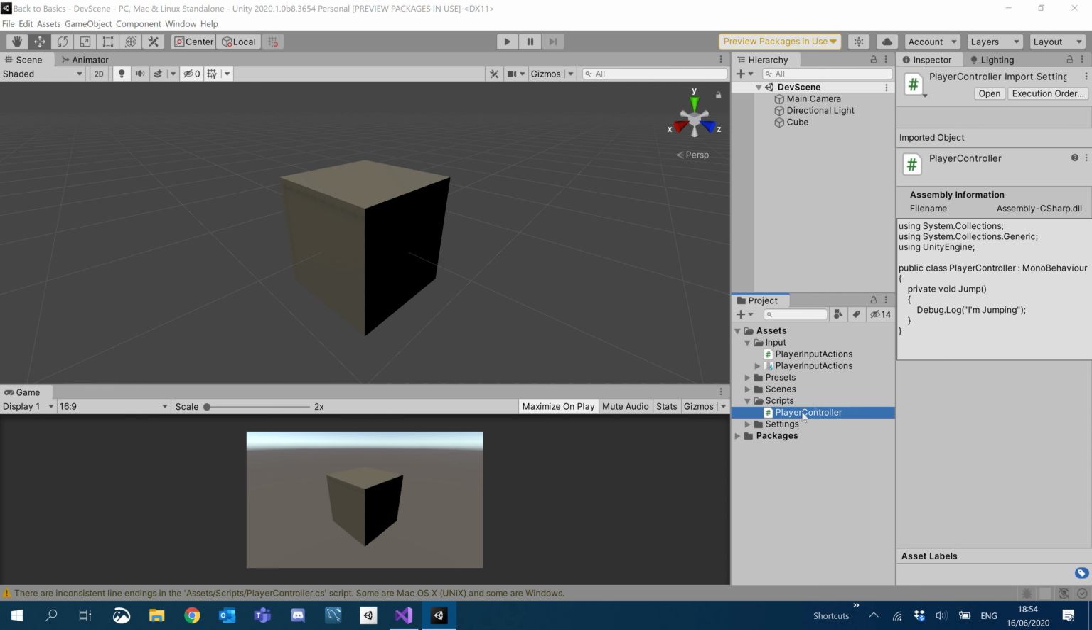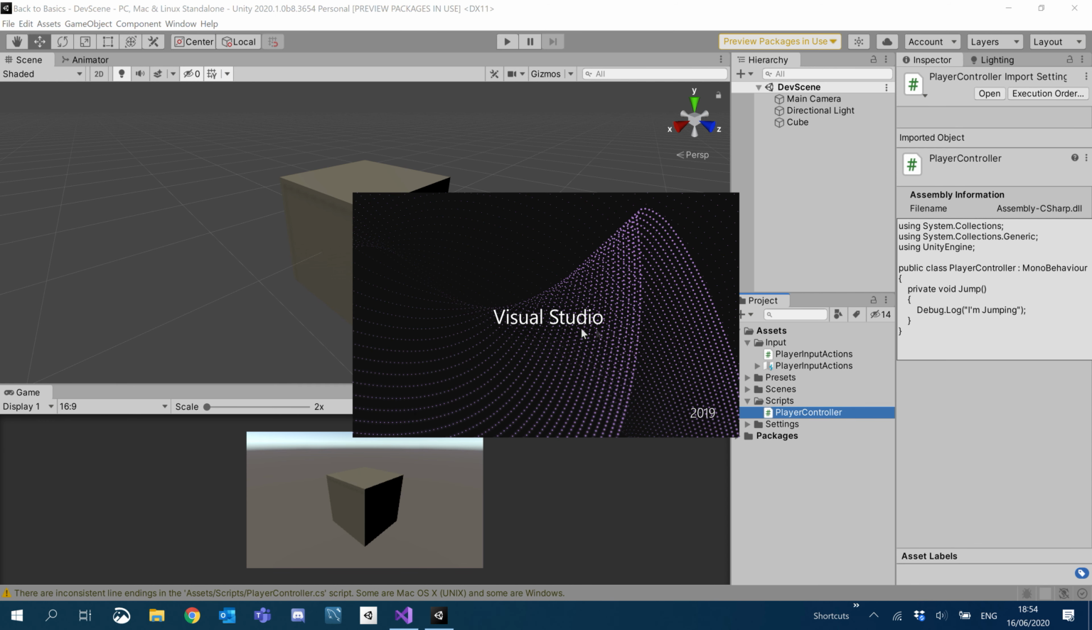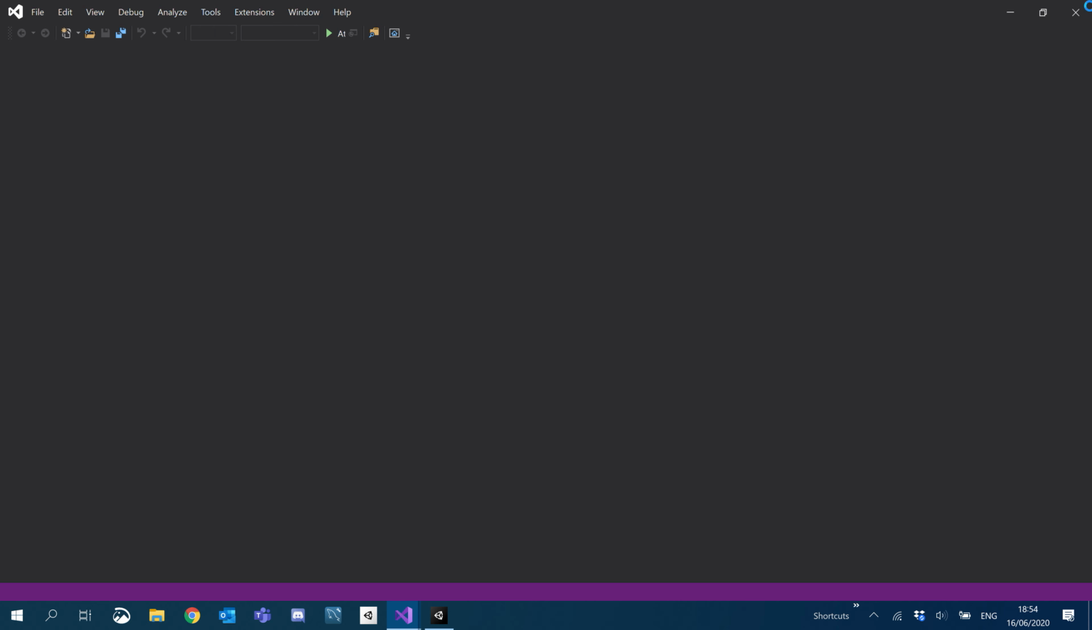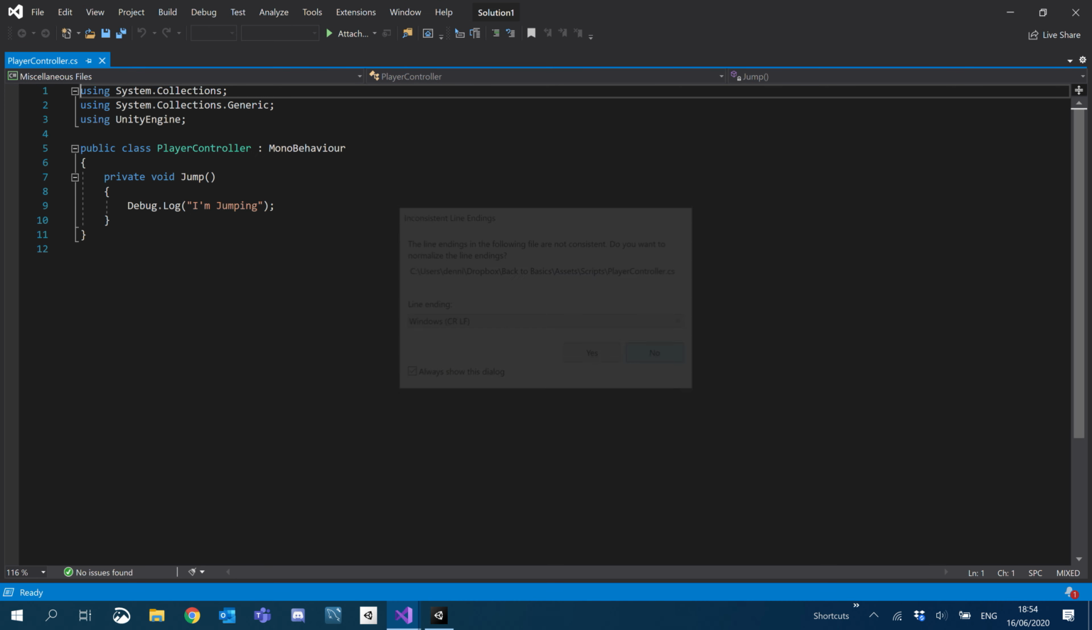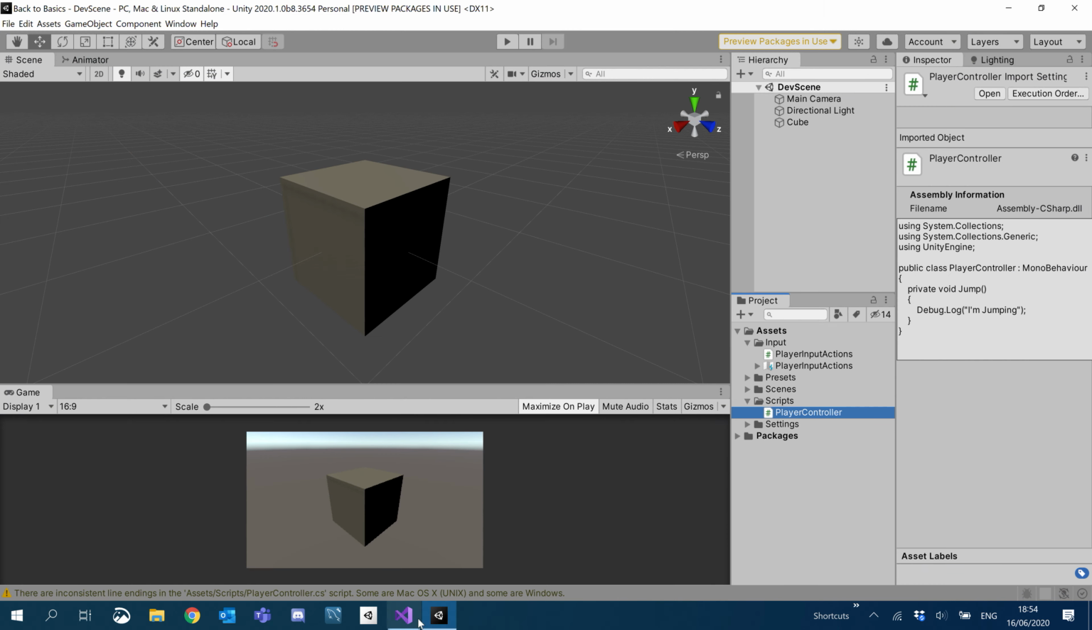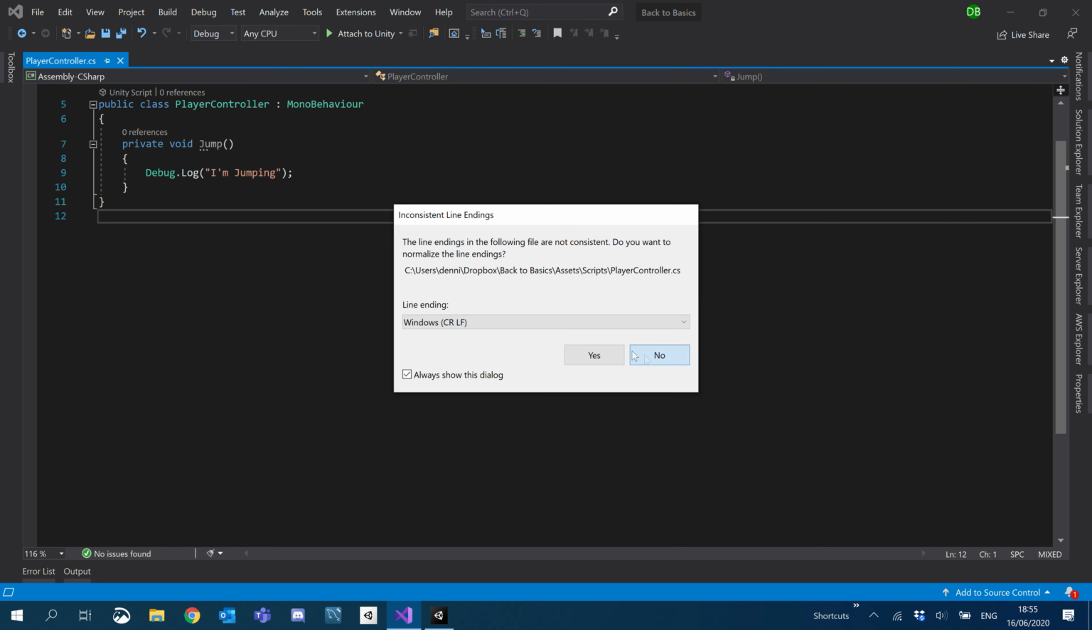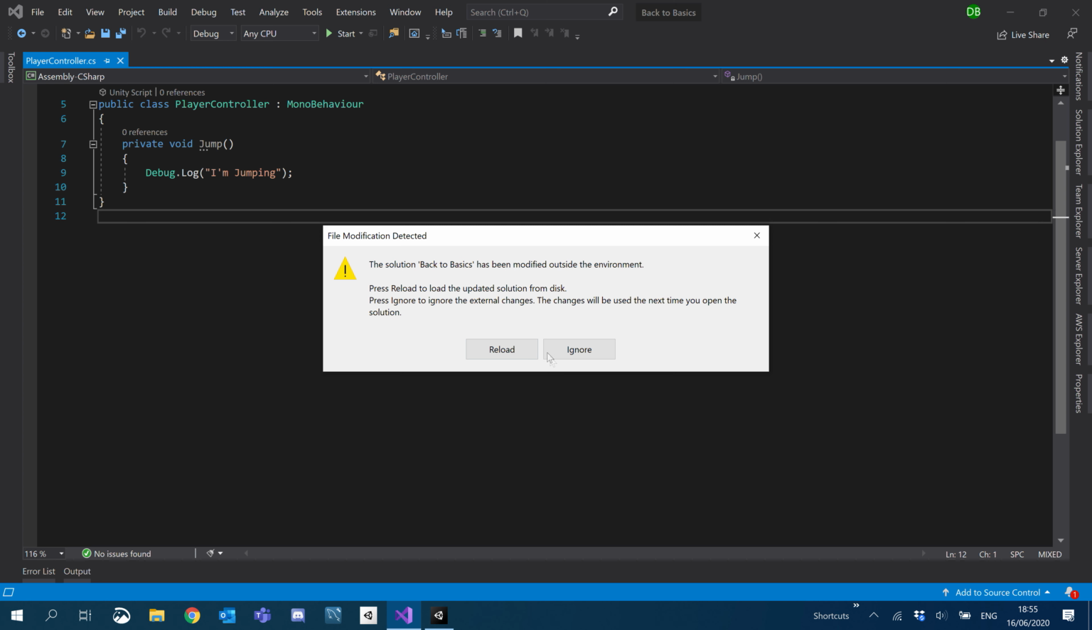You'll see inside our player controller. Oh, I don't know why it's open in another Visual Studio. I'll just close that once it opens. That can go away. I'll just leave this one. Okay, so